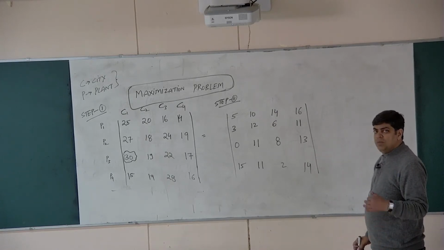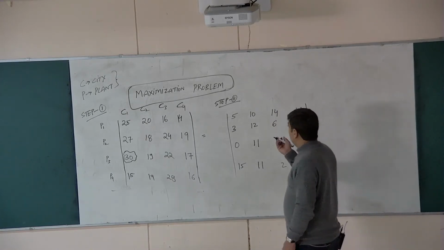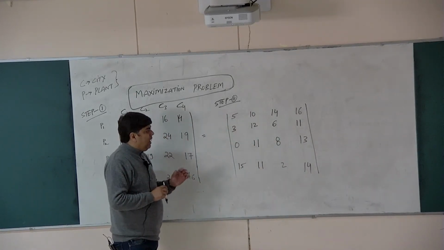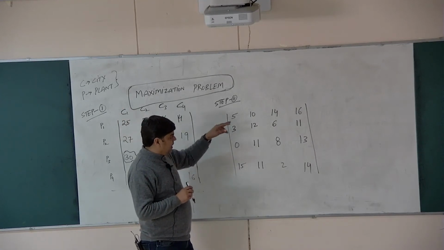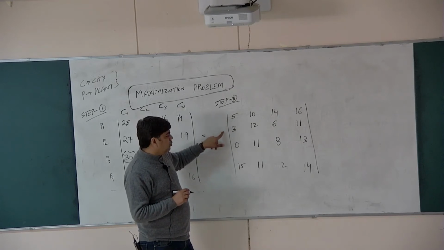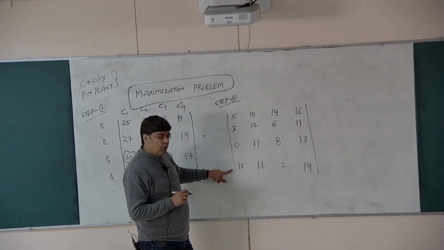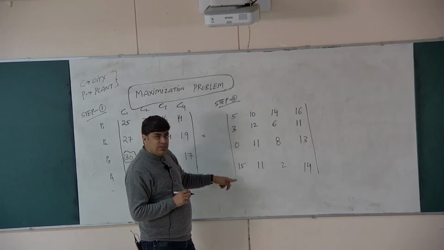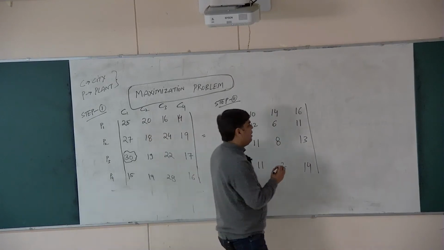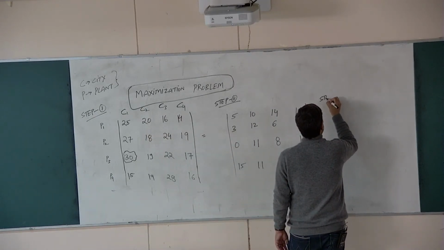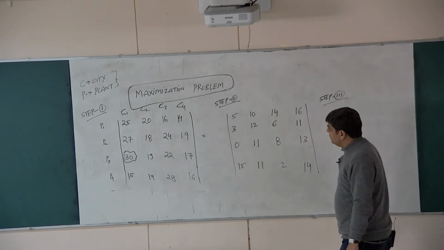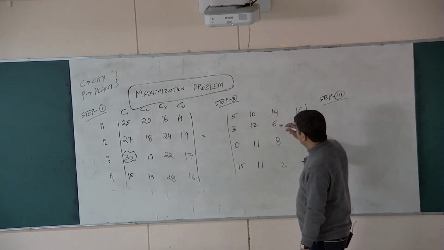Now adopting the same procedure, same concept, first of all we will see whether every row has 0 and every column has 0. Row 1 has 0, no. Row 2 no. Row 3 yes. Row 4 no. Column wise, column 1 has 0, yes. Column 2 no. Column 3 no. Column 4 no. So it means I go for step 3. So what is step 3? Row operation and column operation. You know row operation? Select the minimum element value of that particular row.